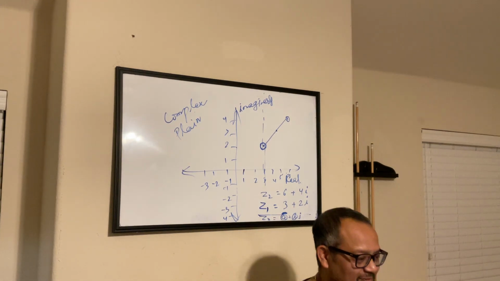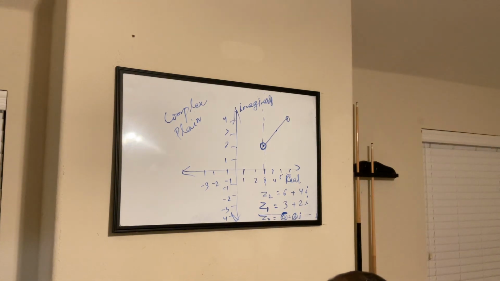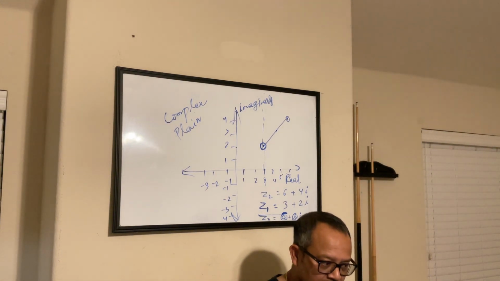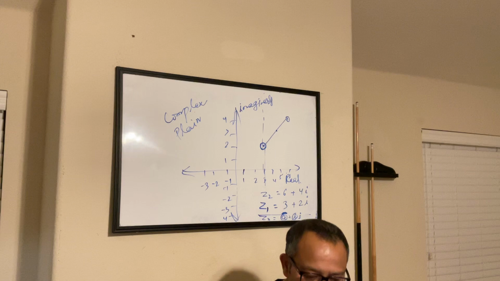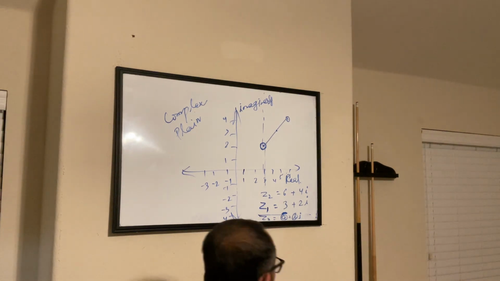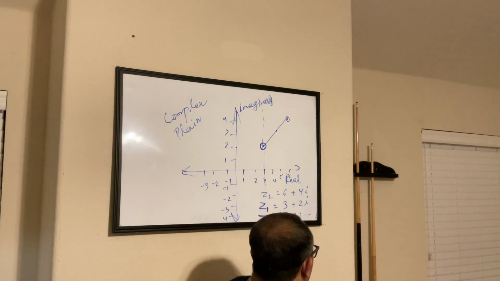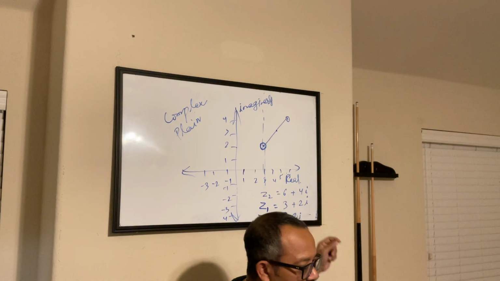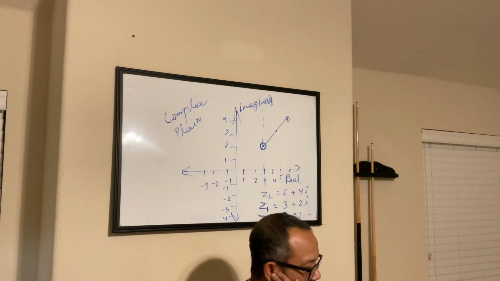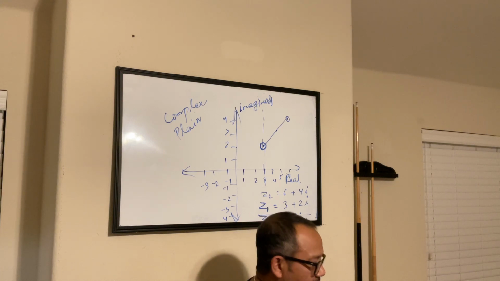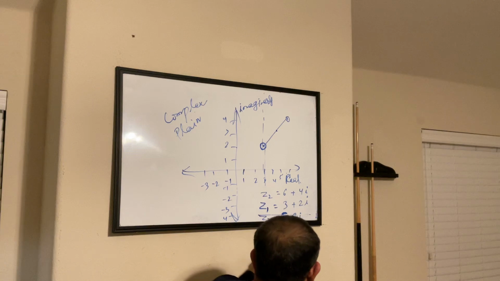Okay, to find the midpoint, we would basically just do 6 plus 3 divided by 2 to get the x, the middle of the x. Right. And then we would do 4i plus 2i divided by 2, the middle of that, and then that would be the y. Right. So basically it will be